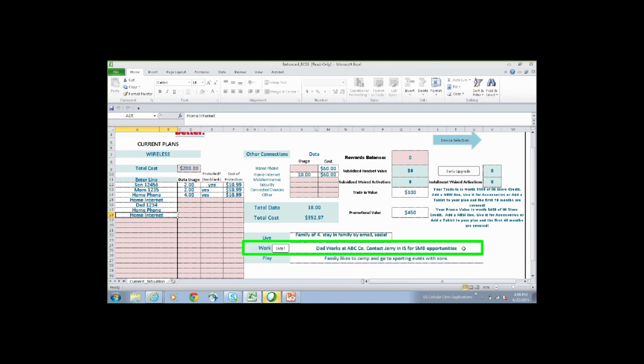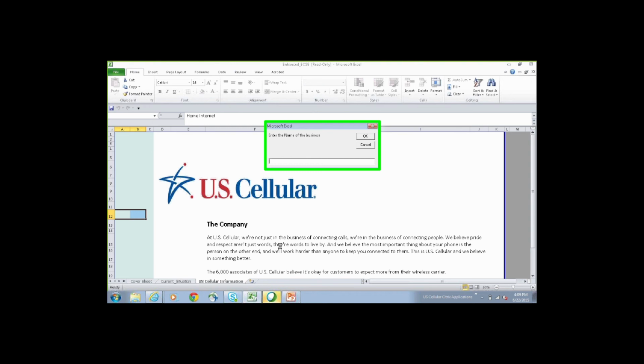Right now, what I'd like to show you is that we're going to utilize this same information. However, we're going to assume that we did discover that this customer owned their own business, and we determined that they were an SMB customer. We want to use the SMB button, which allows us to create a professional proposal for our customer, and we fill in the blank spots as they open up with the customer's name, their address, with the city and state,